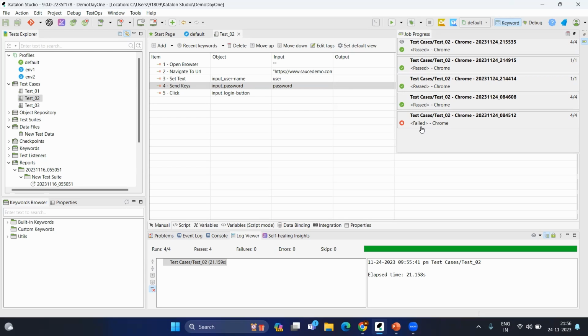So this is all about this video. We have seen how to do data-driven testing using Katalon Studio by using the data files, variables, and